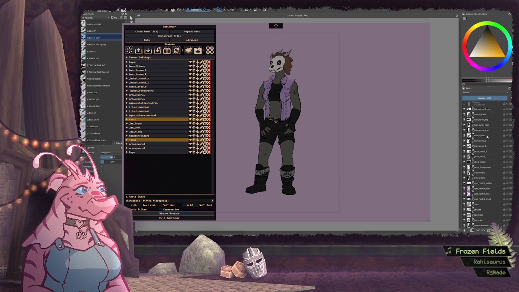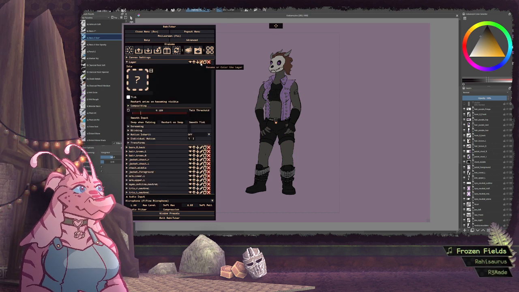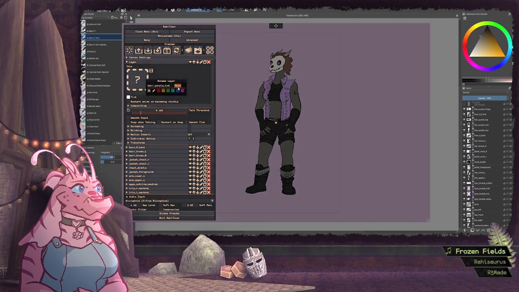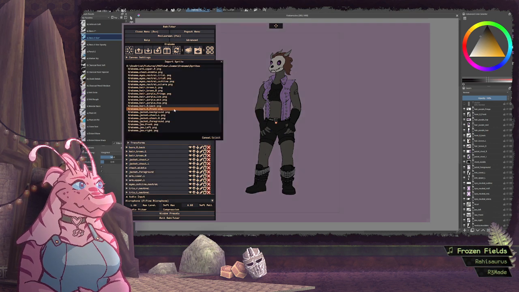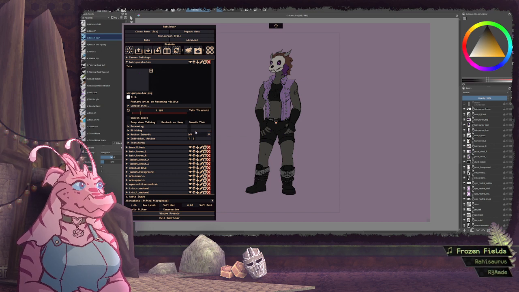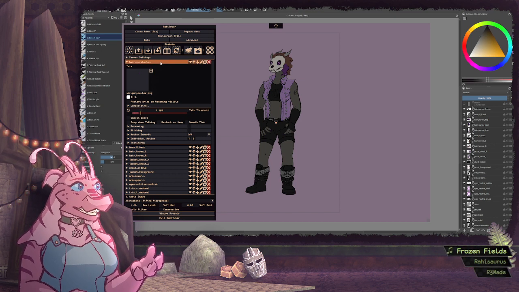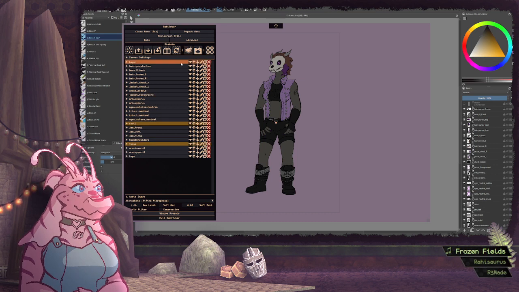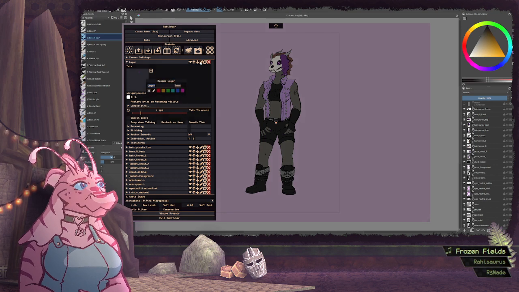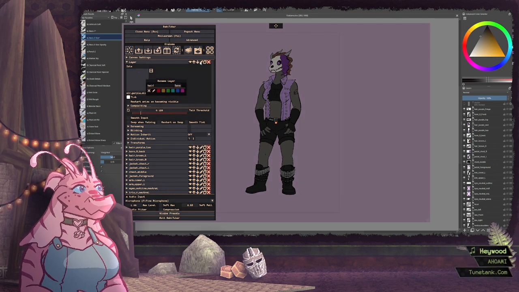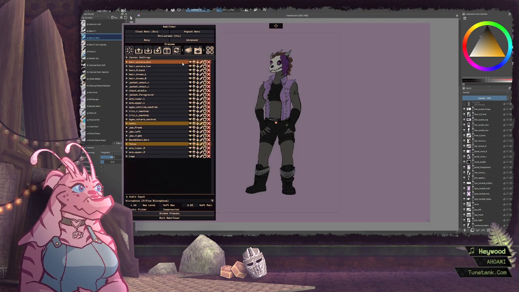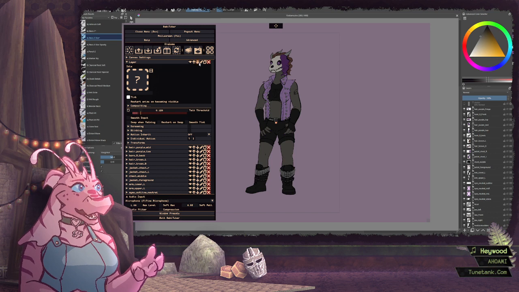Now we want hair purple low. Which will inherit off of the next one when we get there. So hair purple mid. And then hair purple high.